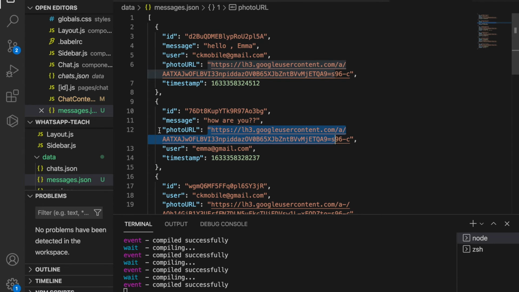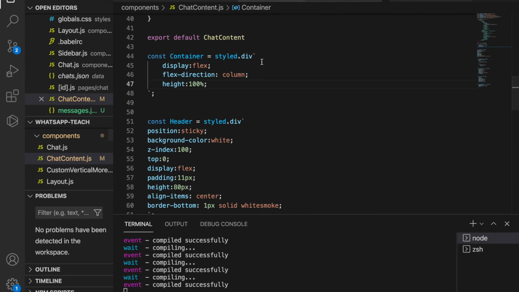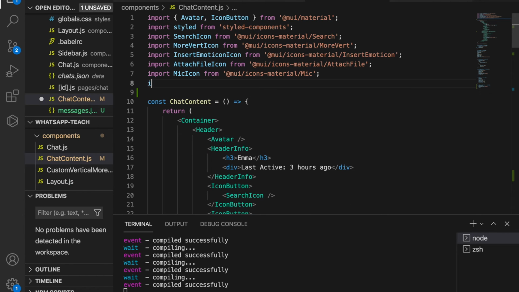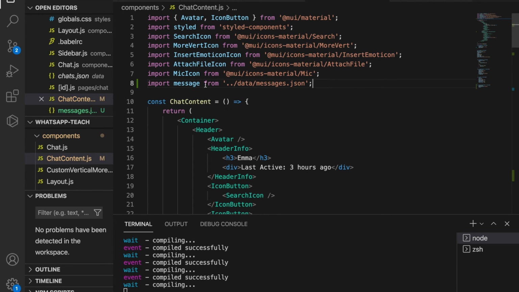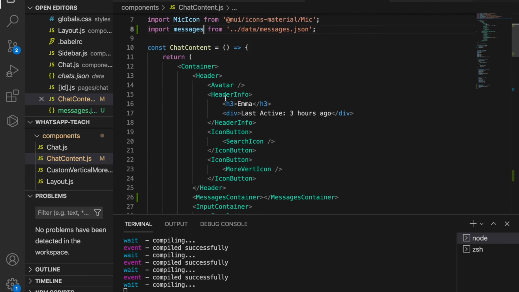So now we go back to the chatcontent.js and import the message. So we import the message from the data folder, and then message.json. So now after we already got the data, and I think we should put the S here,